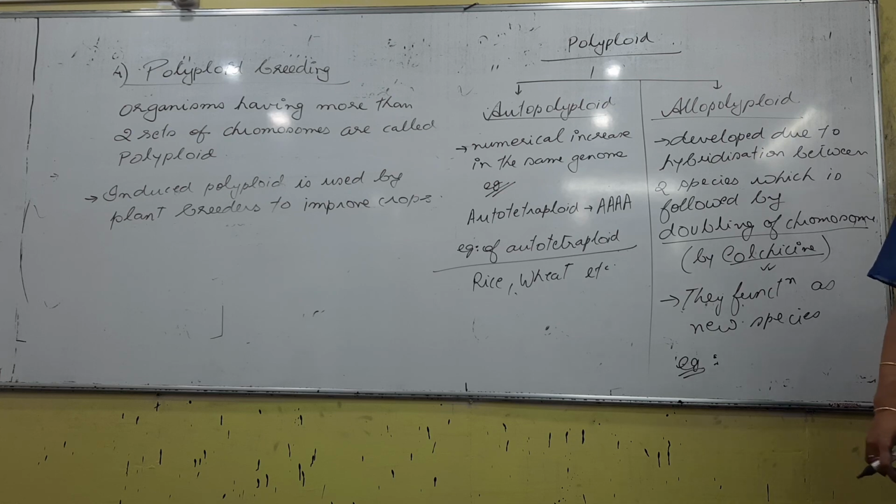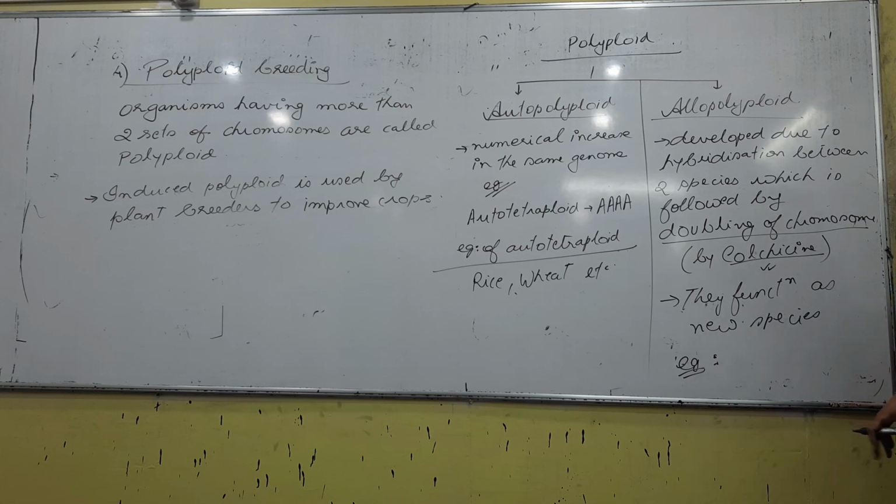How will you do polyploid breeding? There are many methods, there are use of certain chemicals, etc. One of the most important chemicals that we have already read is something called as colchicine. In cell cycle and cell division we talked about colchicine. What happens when colchicine is given? Separation does not happen. Separation does not happen means the centromere does not split. If the centromere does not split, then obviously the chromatids will not move to the two opposite poles, and as a result the number of chromosomes will keep on increasing, right. So, colchicine, out of these this one is very important, right. How will you induce polyploidy? By application of certain chemicals called as colchicine, right.